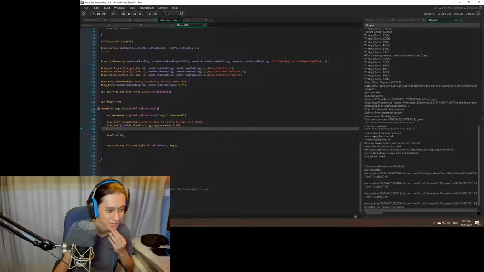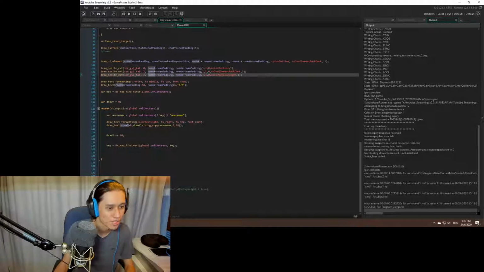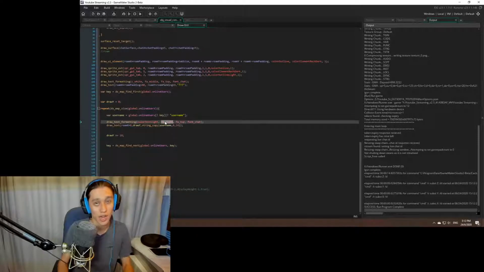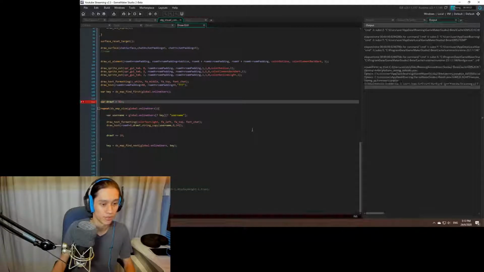It worked in... That's funny. It worked in that it's... That's ridiculous. Rubbish. It's not exactly drawing it where I thought it would draw it. Rubbish. Where am I supposed to be drawing you? Roam x plus roam padding, maybe? Roam x? Oh, I'm aligning you to the right side. So let's align you to the left side. I feel like that should solve a lot of the issues.